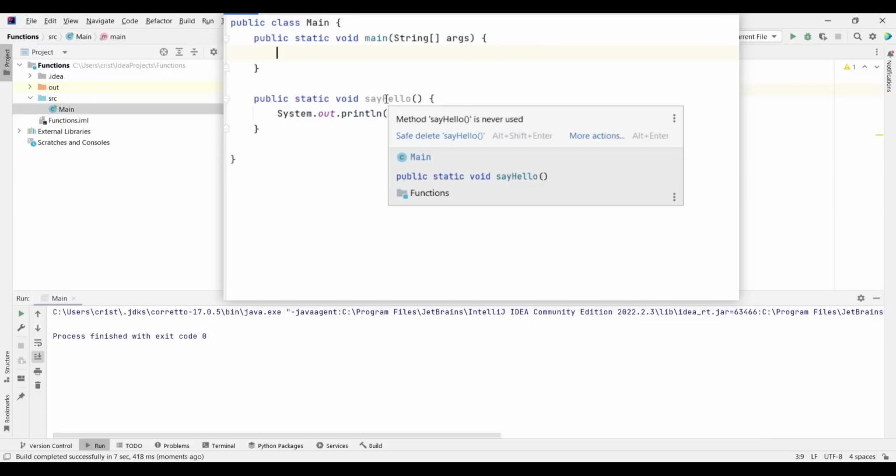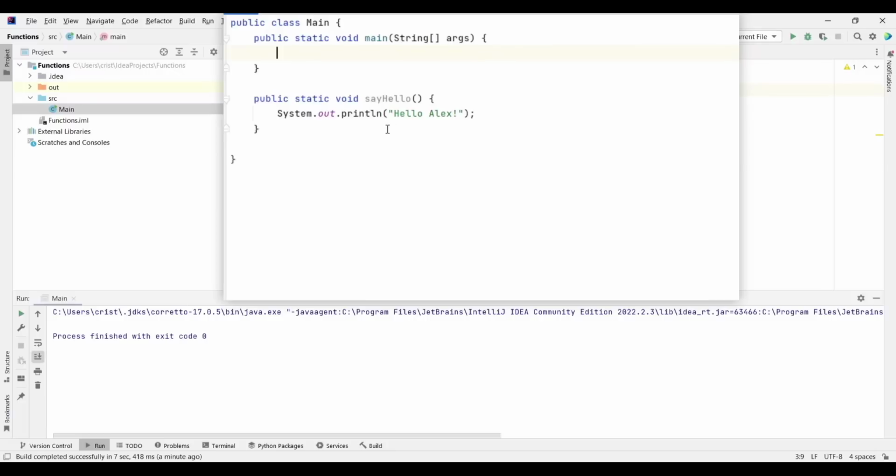And the reason is because they are part of a class, but we're going to talk about this when we talk about classes and objects. Now, it says the method or the function sayHello is never used. In order for our program to execute this sayHello function, we need to call it from our main function, because as I said, the main function is the entry point.